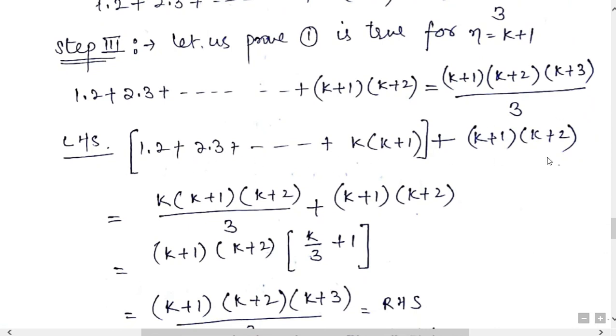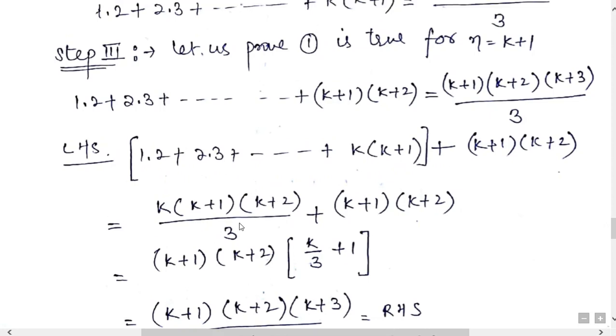Now after writing the left hand side, write the second last term. Again in the series only the gap of 1 is there. It means before k plus 1, k will be there, and before k plus 2, k plus 1 will be there. Now in this series 1 into 2 up to so on k into k plus 1, the answer is k into k plus 1 into k plus 2 divided by 3. It's from